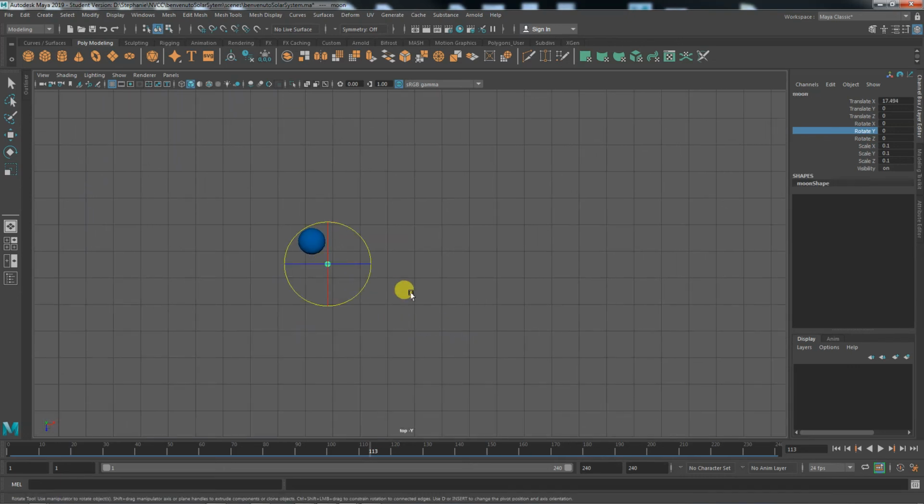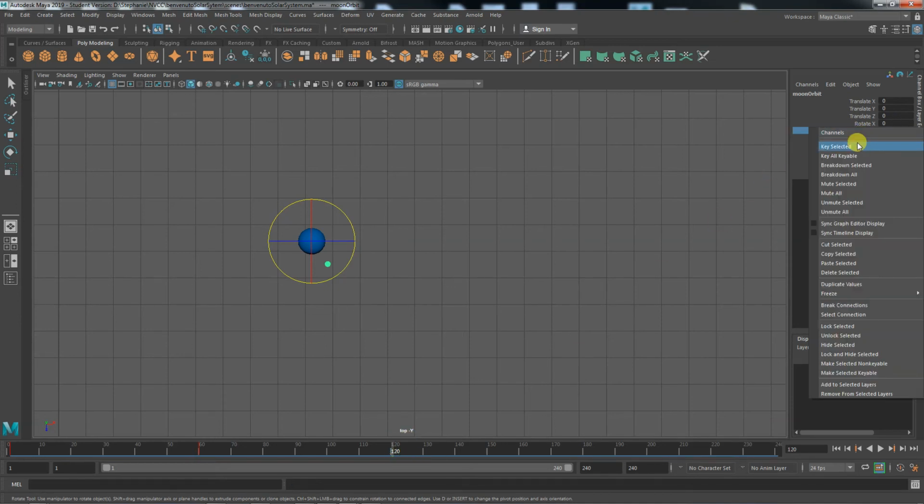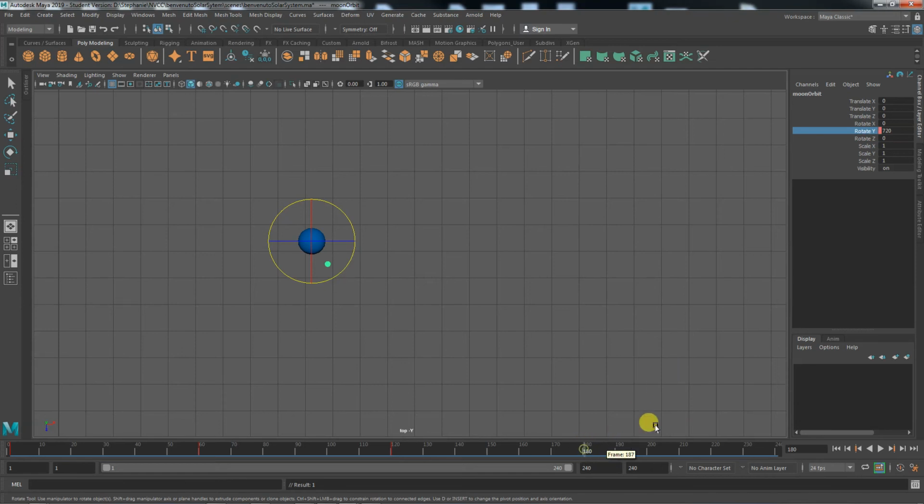So I select the moon, I hit up on the keyboard, and then I decide how many times I want the moon to fly around. So I go to frame 1, I make sure to key it at 0. Well, I would do it 4 times, so 60. So 240 divided by 4 is 60. And so yes, that does mean I have to type in the number 360. And then at 120, it has to be 720. You're going to learn your 360 timetables pretty well while doing this assignment. 1080. Right-click key selected,